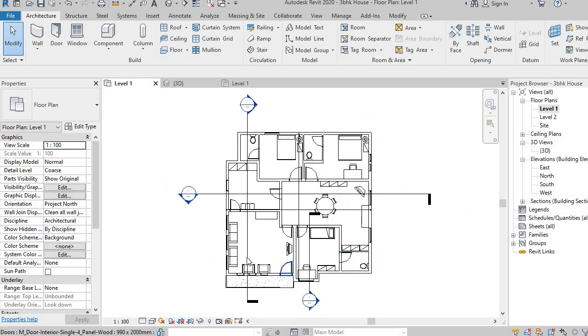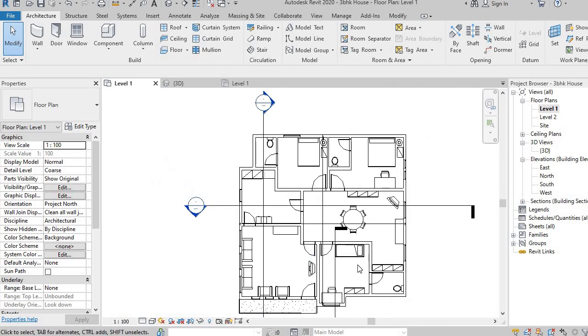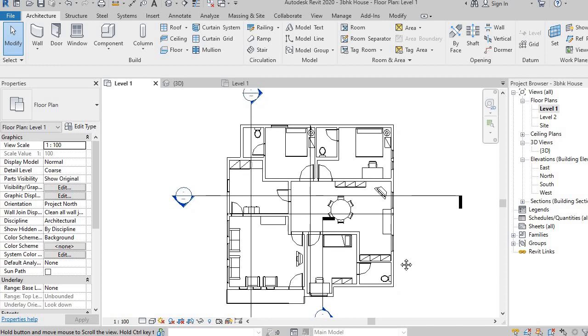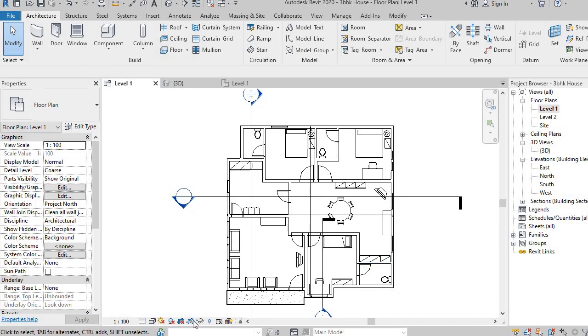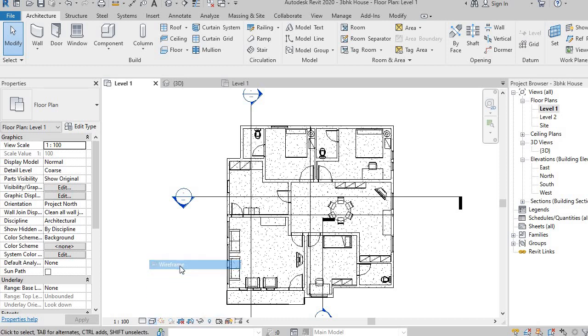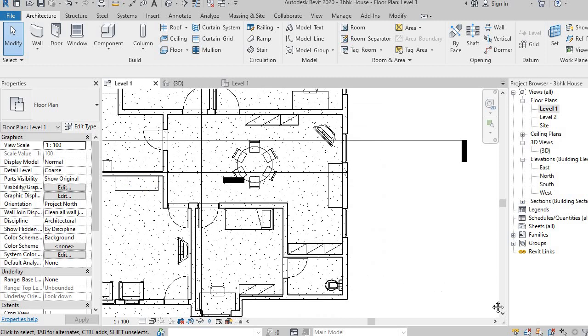Now as you can see, this is just some thin lines and thick lines shown here. The materials are not clearly visible with the colors. So to change that, we go to visual styles here. Then we have different options available here. First I'll click on wireframe. So here you can see the wireframe of the